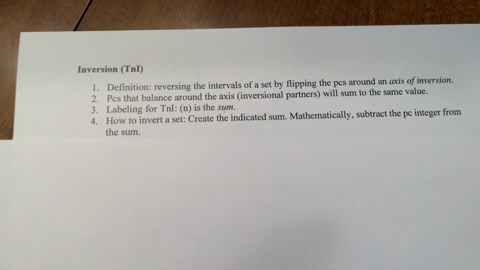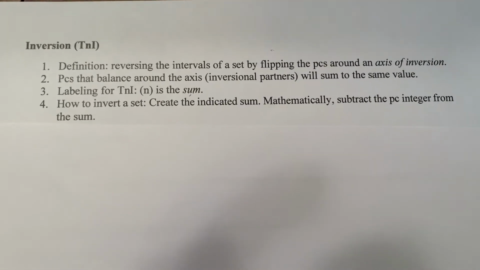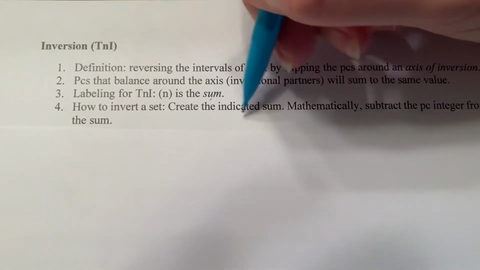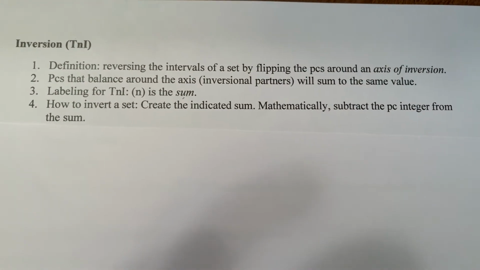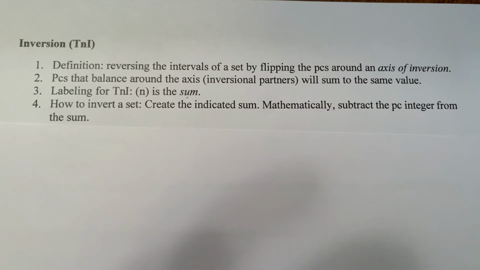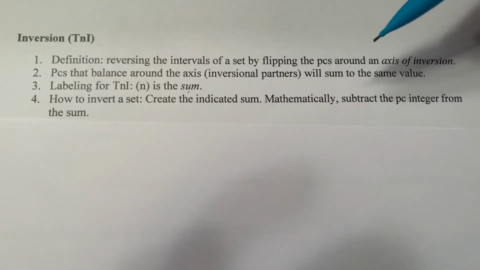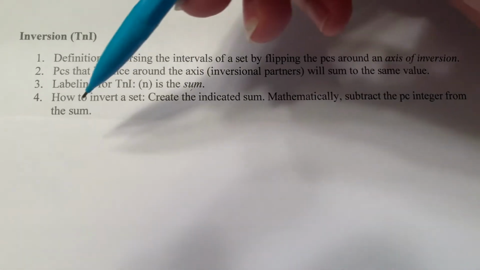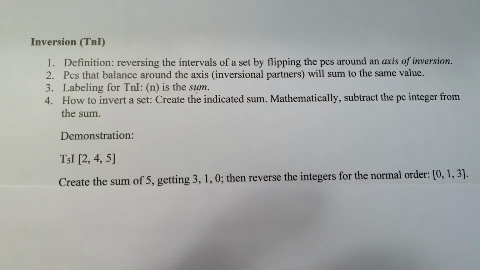All right, so now let's talk about what you would need to do if you were asked to invert a set. All you need to do is create the indicated sum. Therefore, take your original set and, with each note, create the indicated sum. Mathematically, you'll subtract the integer from the sum. I usually just think about creating the sum, though. For example,